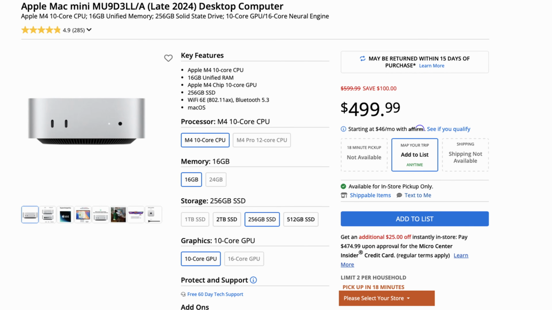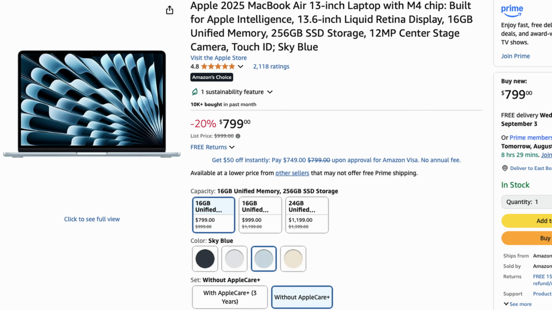So that's one thing. And for those people who say that the Mac Mini is actually a lot cheaper than the MacBook Air, it is cheaper. But even at the cheapest price, you're going to pick it up for $500 at the moment from Micro Center. If you do pick up that model, you can also pick up the MacBook Air M4 for $800. So even at the cheapest price you can find currently on the market, there's still only a $300 difference between the two devices. And for that extra $300, you're getting, as I mentioned, the mouse, the trackpad, the keyboard, the monitor. You're getting the speakers included